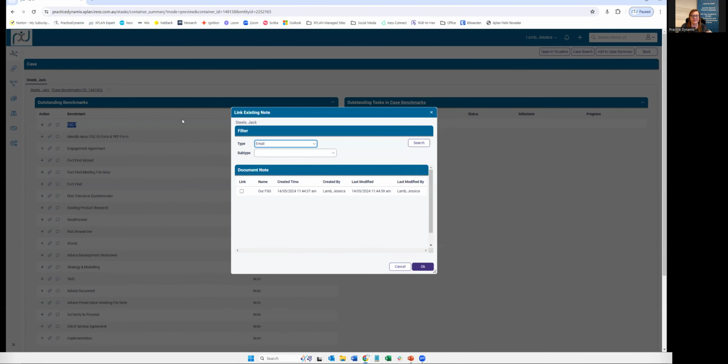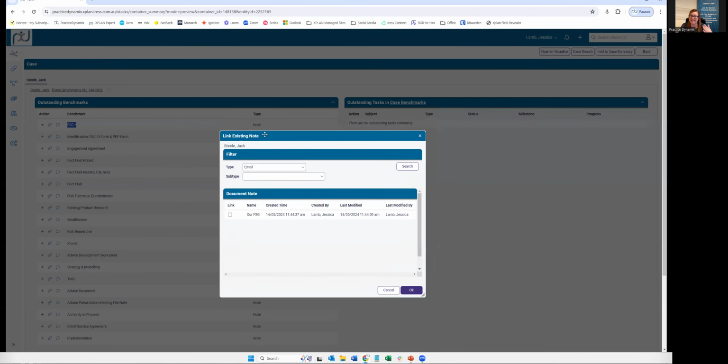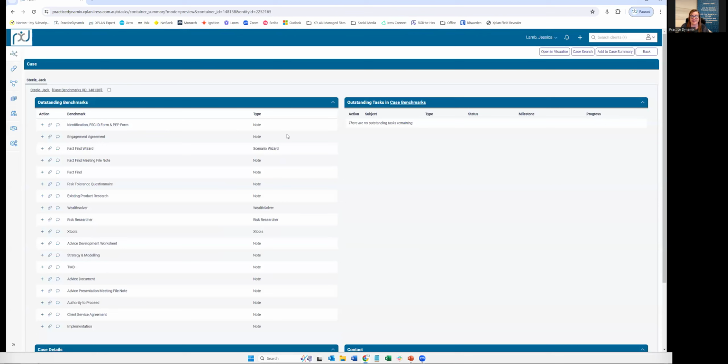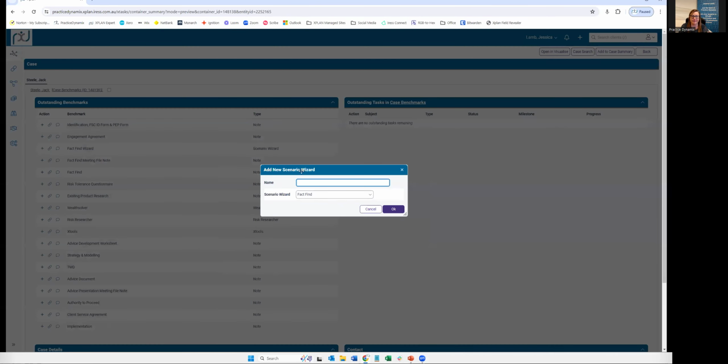Now, the cool thing about having your file note type set is it's going to only display file notes with the type of email. Because you've set in your benchmark that you know your FSG is always sent on email, that's always going to be the type, and it adds the filter for us, which is really cool. We can just link our file note, super simple, and that's now done. And we need to do the fact find wizard. So again, if we've done a wizard, we can link it here. Otherwise, we can go and add a new item, so the little plus icon, and